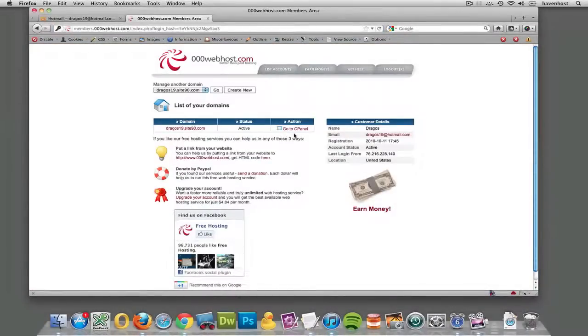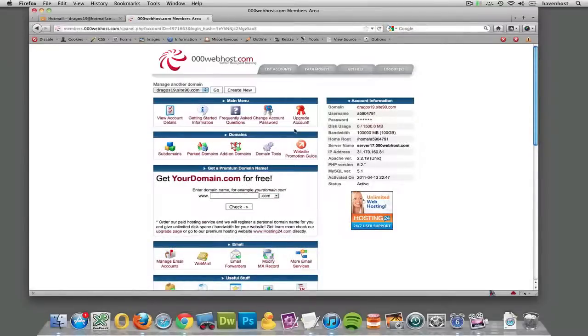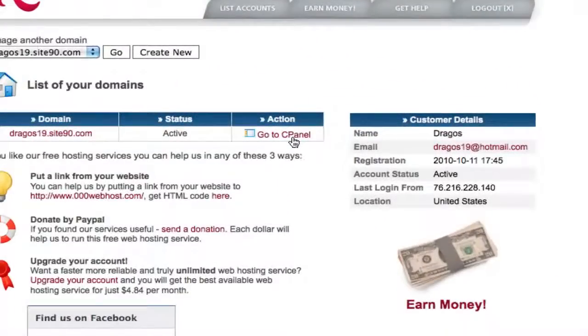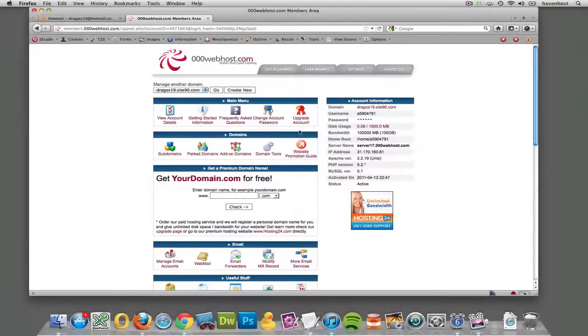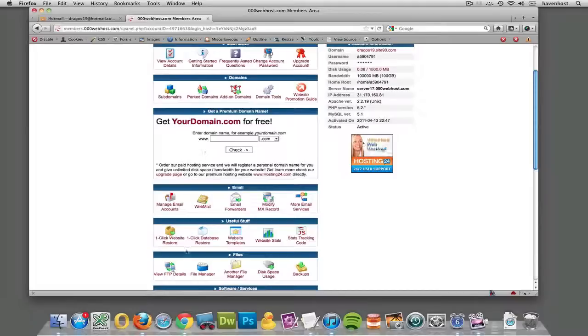Now I want to find the settings I need to configure this in an FTP program, because that's what Dreamweaver has inside. So if you notice right there, I clicked the Go to cPanel, because that's where all the action is inside of 000webhost. And we got a lot of good stuff over here, but it's important to note that I'm pretty sure there's a difference between the login credentials you use to get into the web host, and that was my Dragos19 username and password, versus